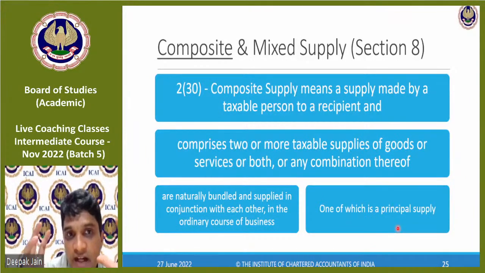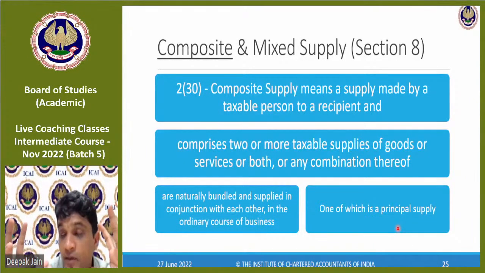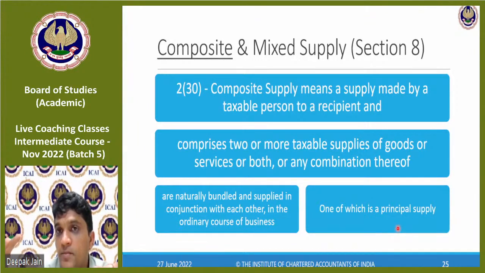So what happens to the rate? The rate will be: if the laptop is supplied at 18% and, for example, the software is at 5%, then the rate on the laptop will be the rate applied on the software also. So it's a composite supply. The rate of the principal supply will be applied for the other supplies. Okay. So a rate of 18% if it is for the laptop, that 18% rate I have to apply on the additional supplies also, on the second supply also, if it is bundled together.